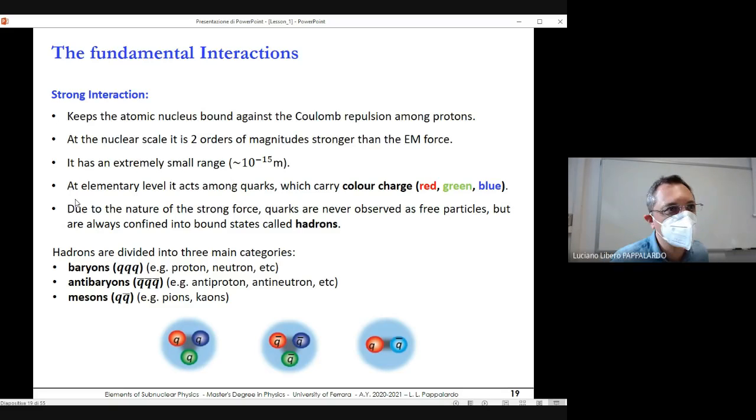Okay. Now, this is, of course, an extremely simplified description of hadrons. The structure of hadrons is much, much more complicated, as we will study in the chapters on hadrons and on the structure of the proton. So the three quarks that you see here in the baryon are only the so-called valence quarks, those that provide the quantum numbers of the hadron. But inside the hadron, there is an infinity of quark-antiquark pairs and gluons, which are the carriers of the strong interaction, and that create the so-called sea of the hadrons. This will be studied, of course, next.